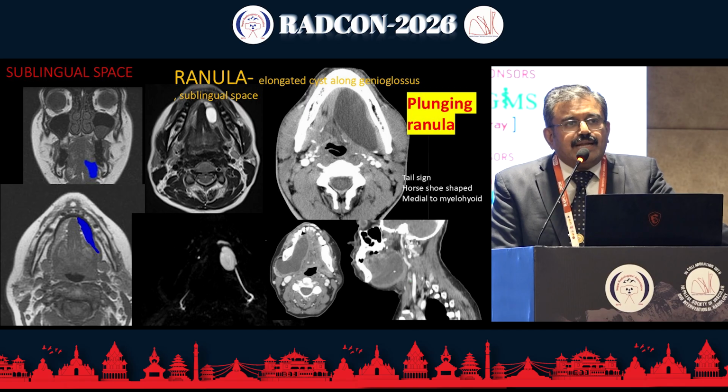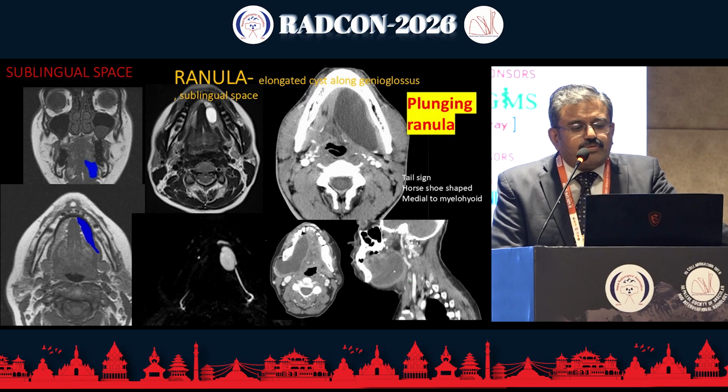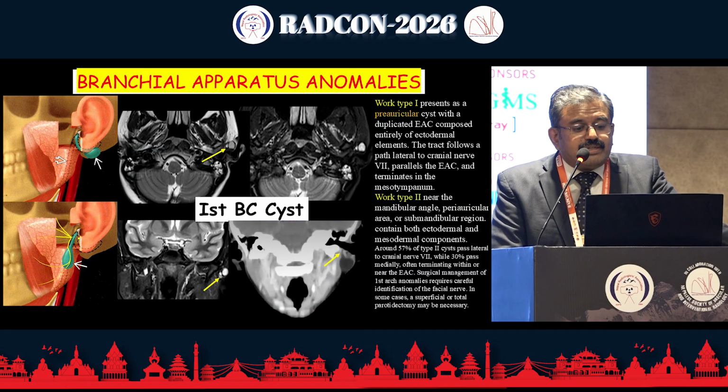Coming to the lateral cysts, there are 4 branchial cleft cysts. The type 1 branchial cleft cyst is again seen around the periauricular region. In type 1, it is preauricular, along the parotid. The role is to show whether there is any communication with the external auditory canal, because